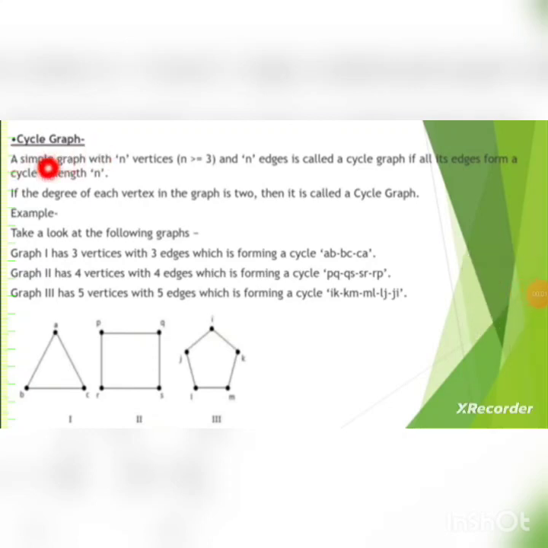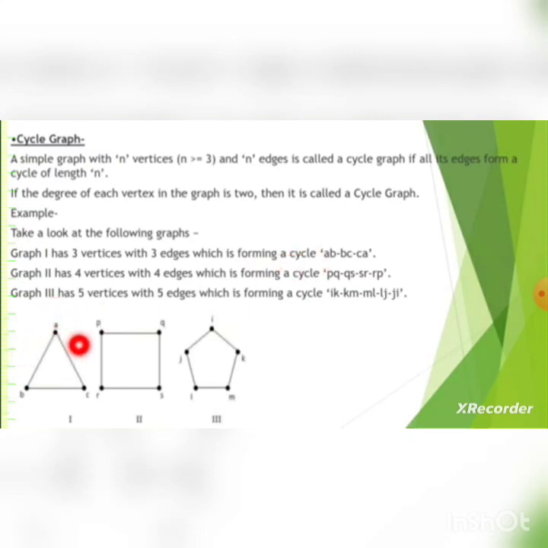Cycle graph. A simple graph with n vertices and n edges is called a cycle graph if all its edges form a cycle of length n. If the degree of each vertex in the graph is 2, then it is called a cycle graph. For example, take a look at the following graphs. Graph 1 has 3 vertices. Here you can see it is a triangle, so it has 3 vertices with 3 edges, which is forming a cycle: AB,